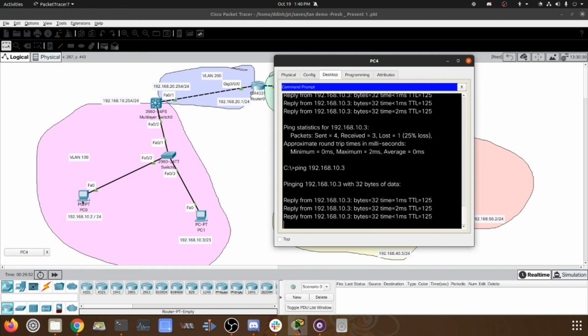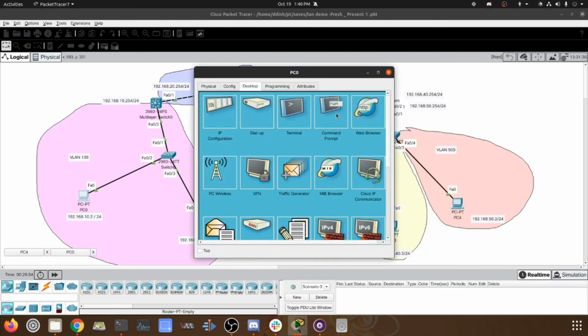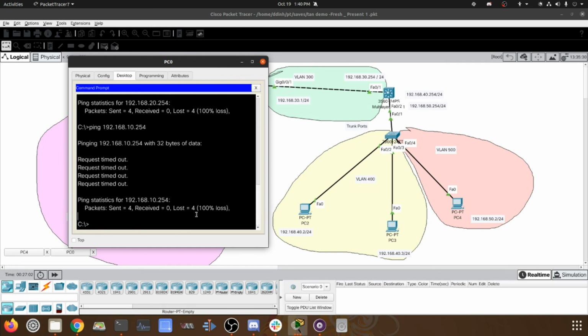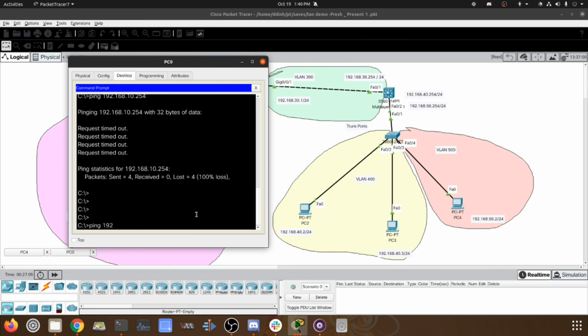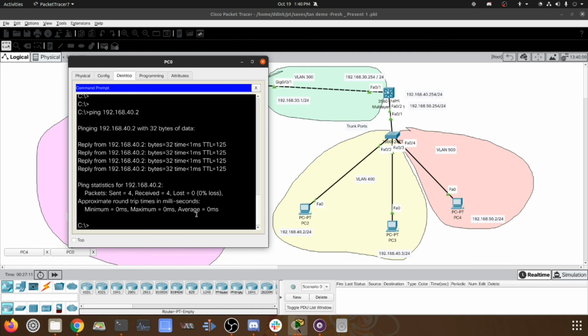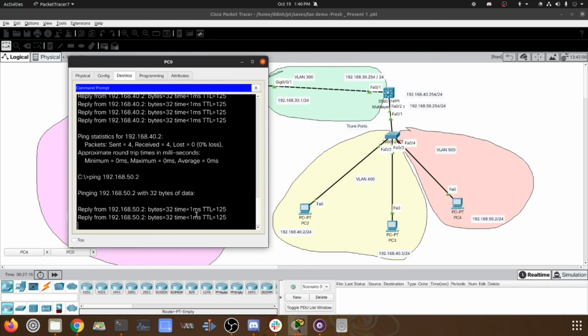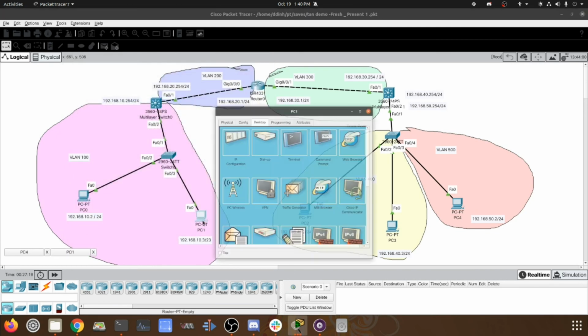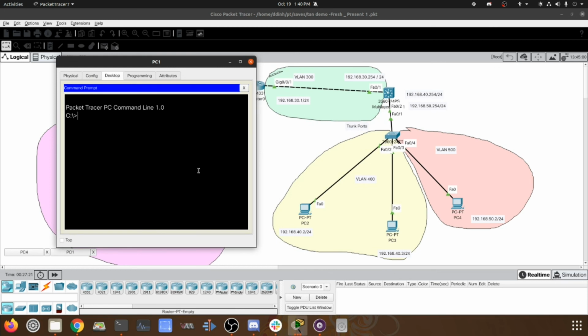We could test on the PCs over here as well to ping the different VLANs. We're going to do 40.2 first. Ping 192.168.40.2. There we go. And then we're going to do 50.2 next. And we're going to do a few more tests just to verify everything. Ping